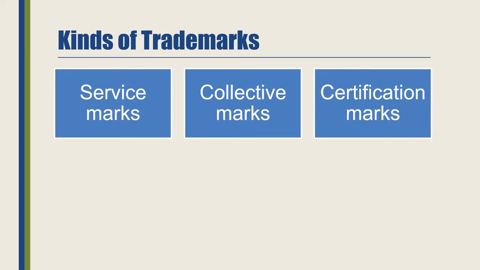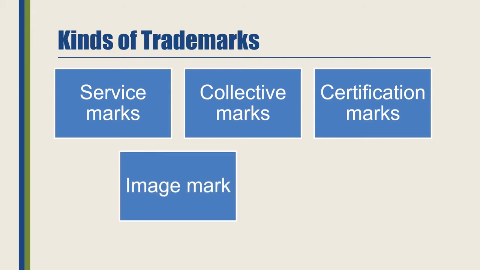certification marks. A certification trademark is one which guarantees and indicates that the goods to which it is applied are of a certain quality or are manufactured in a particular way. Rather, the certification marks will guarantee the quality and the standard of the product. For example, AG mark, ISI mark, BSI mark. You have heard about these marks. So when you buy a product with these marks, it ensures quality.